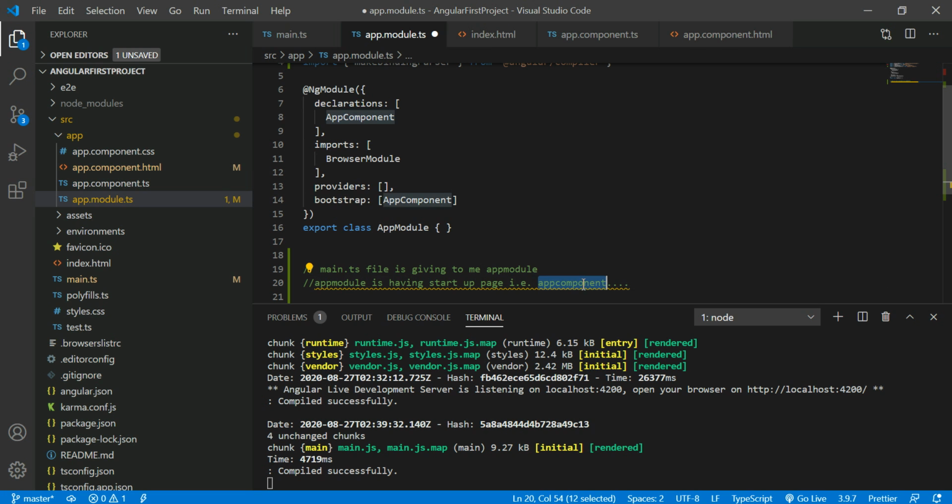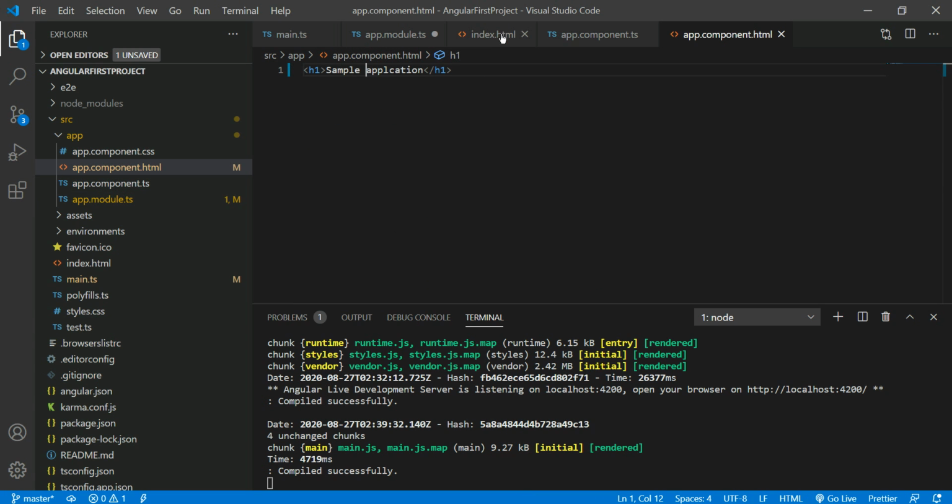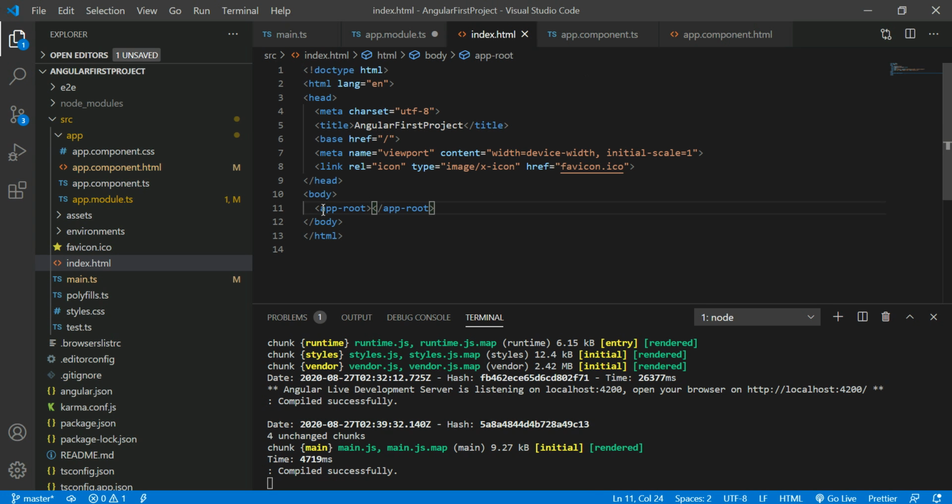So in the app component, even if you try to give the app root from here, how is the browser understanding that the app root is the app component? Because of these steps. The browser depends upon the main.js file, and the main.js file contains the information about the app component details. So the app root is converted into the app component.